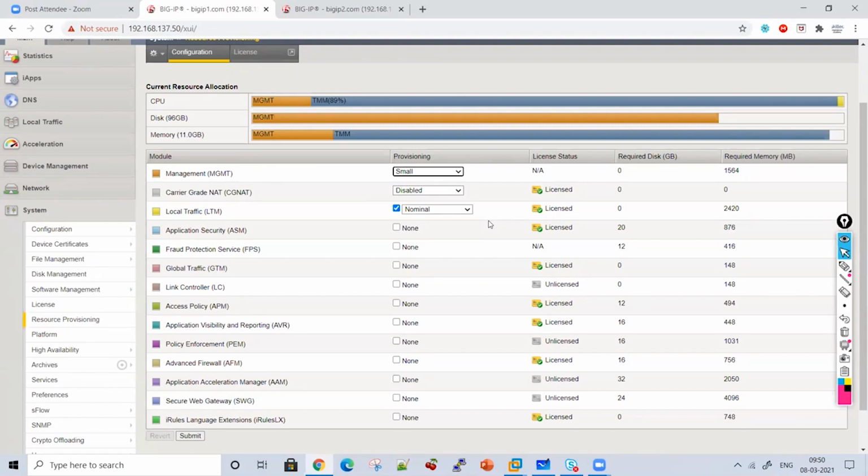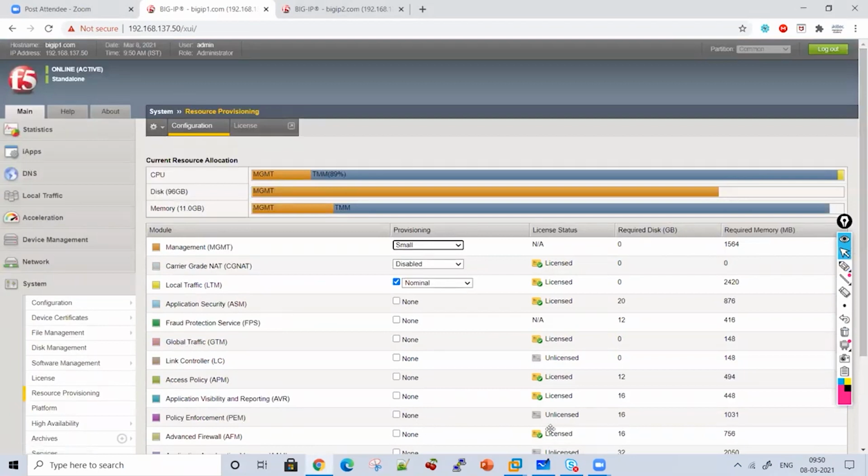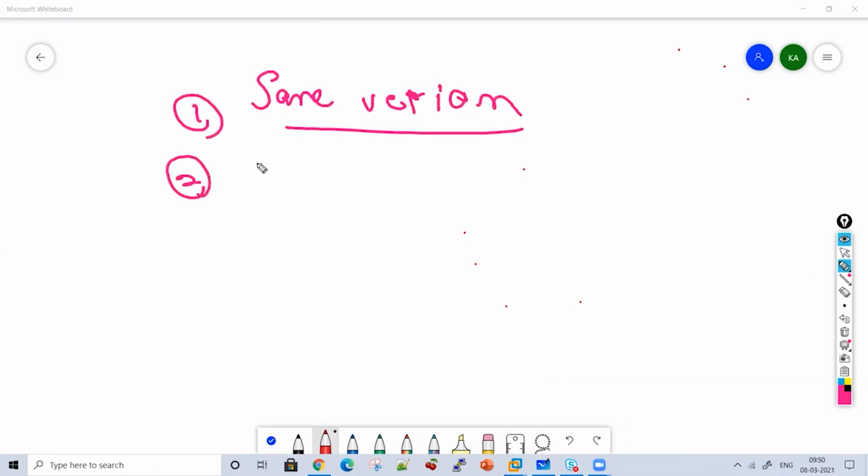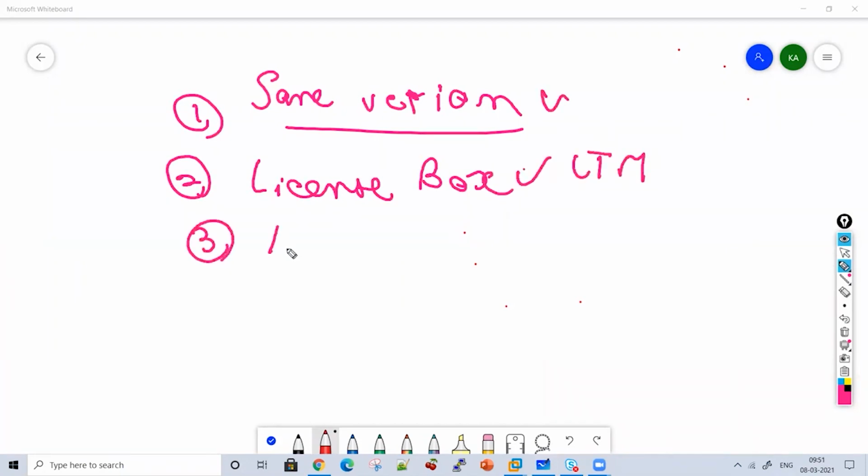So guys, we have discussed the prerequisites. One is we need to have the same module and same model. It should use the same software version, and it should support the same resource provisioning, LTM. Now let's configure the network topology. We have to configure three things, correct? First, we have configured the same version. Second, we have licensed both boxes for LTM. Third is network configuration,